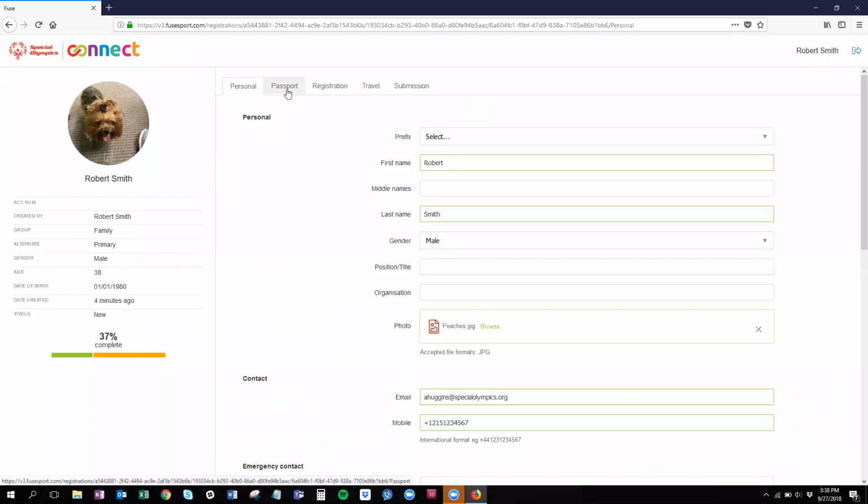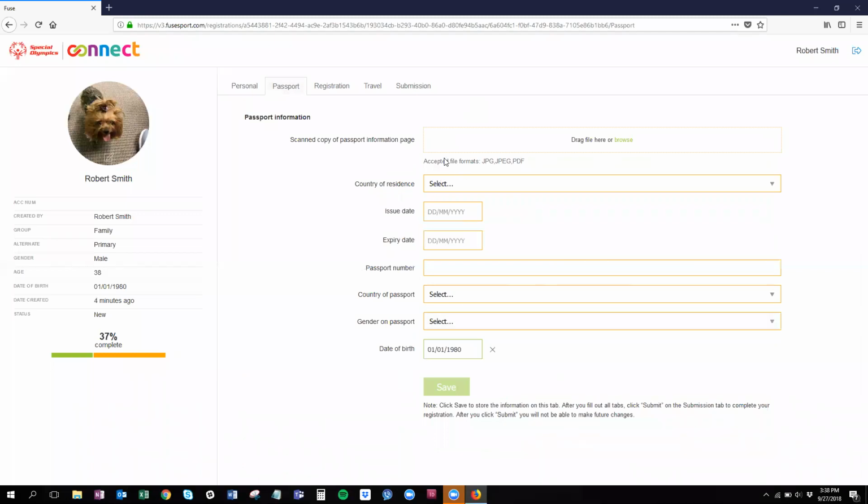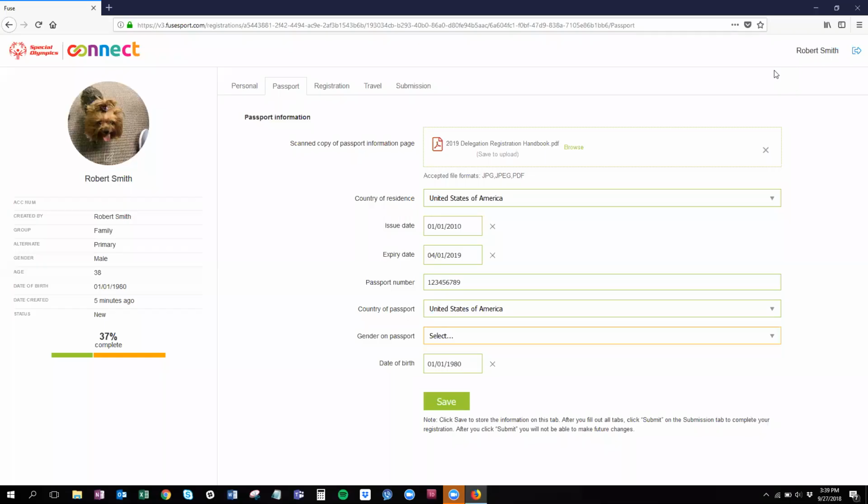So now we'll move on to the Passport tab. As you'll see here, every field on this tab is mandatory, so I'll go ahead and fill in some test data here. There is a rule built into the registration portal regarding this passport expiry date field. Passports must be valid for 6 months following the event. So if I put a date in this field that is too early and I save that information,